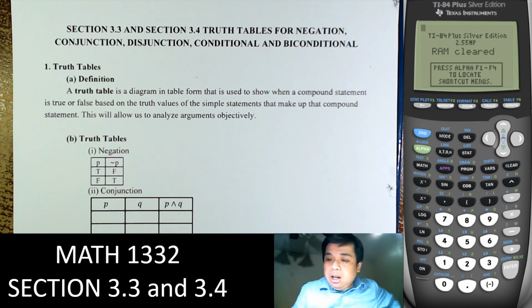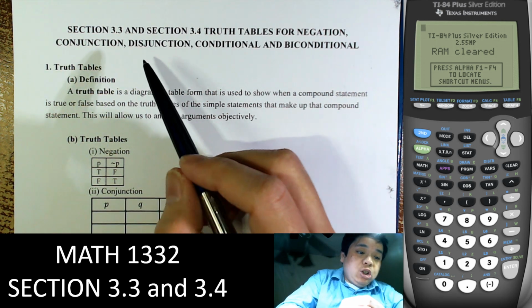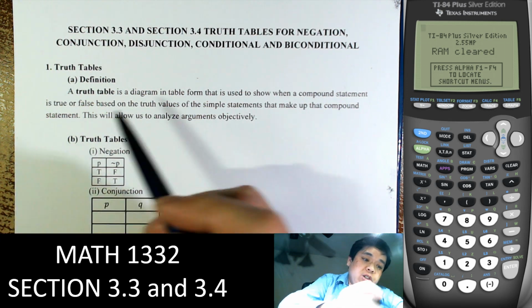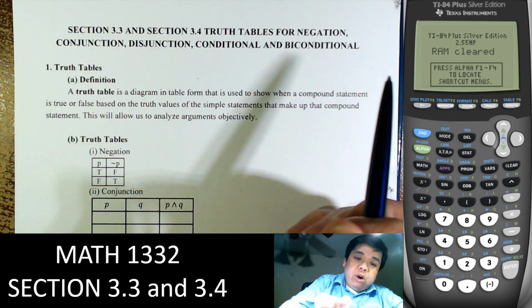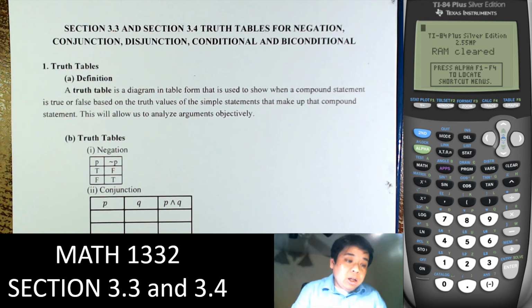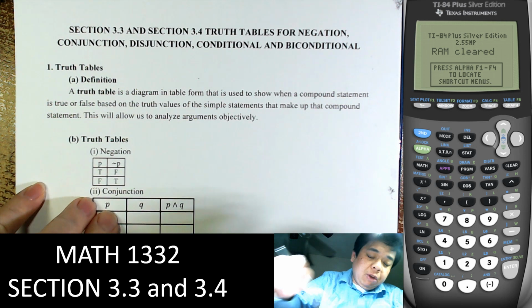Hey everybody, welcome to another video in Math 1332, sections 3.3 and 3.4, truth tables for negation, conjunction, disjunction, conditional and biconditional statements. Right, so first, the truth table is the diagram or table